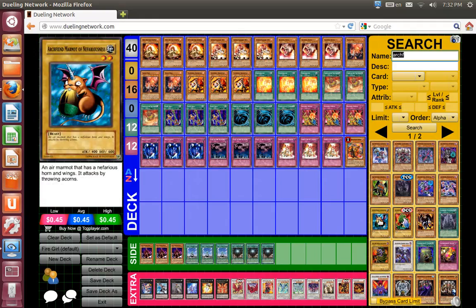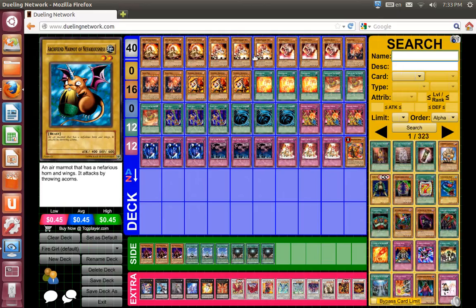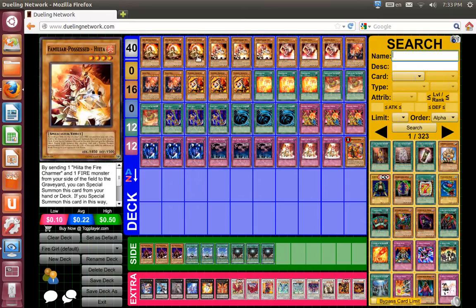I don't see the earth one, but the earth one is Archfiend Eater, and it's, I'll say, the evolved version of this little monster right here. So it's going to be a beast, and it's going to have Archfiend's name. So that's something to take into consideration. So you could put that in the Earth Familiar deck, but this is the Fire Familiar deck. Alright, so